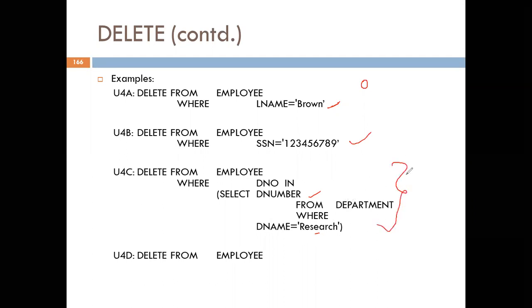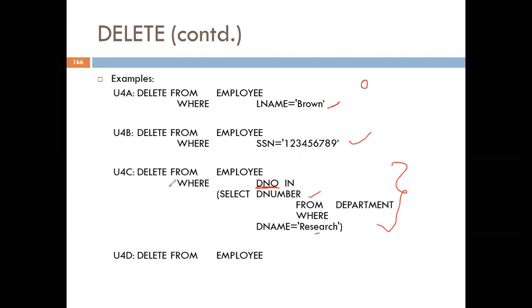If there are 100 employees in the research department, then all the 100 will be deleted, because here the deletion is based on the department number condition. In the where clause, just like our select commands, any condition can be written. It can be nested queries also, or correlated nested query.